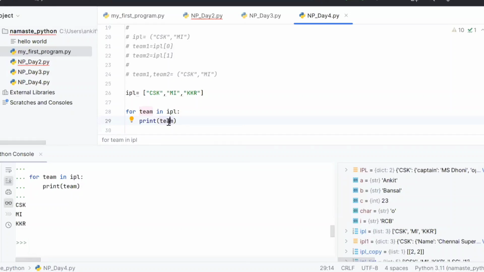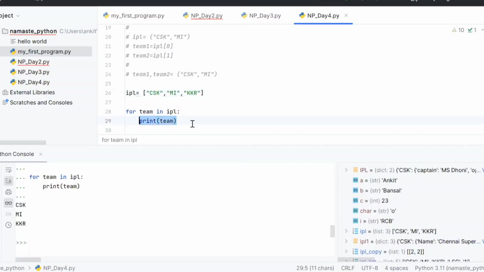So based on certain conditions, I want to stop my loop in between. So this list has, let's say, 10 elements. Now I have some condition that if that condition is coming, I want to just stop the loop then and there. I don't want to run for all the elements in the list. So that's where break comes into picture.